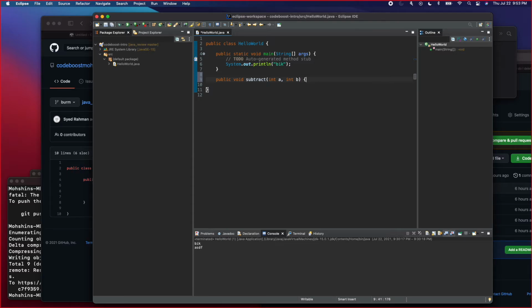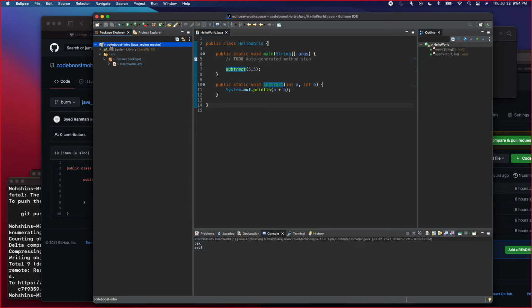Int A, int B, and if I do A plus B, and let me take that out, subtract A plus B. That's just to showcase that if anytime you create a function and you're getting an error in logic, as long as you have Git,